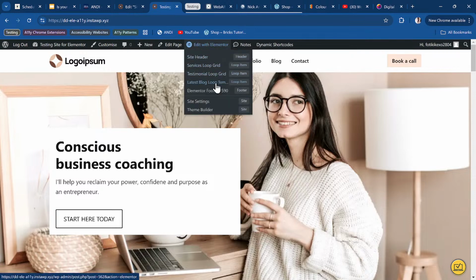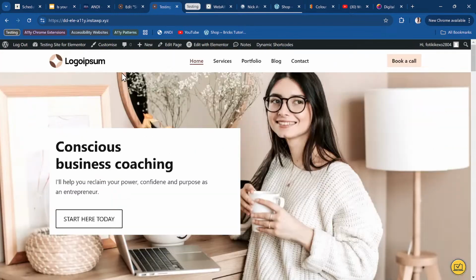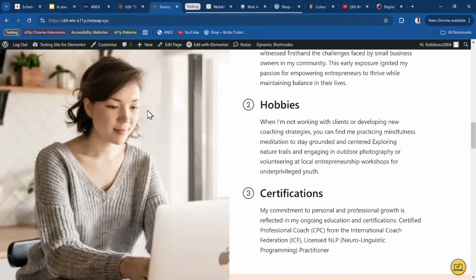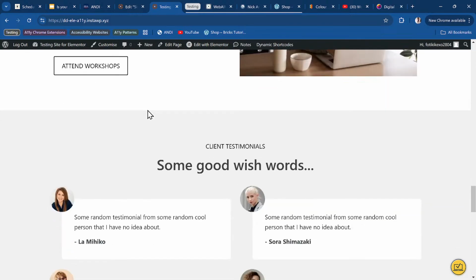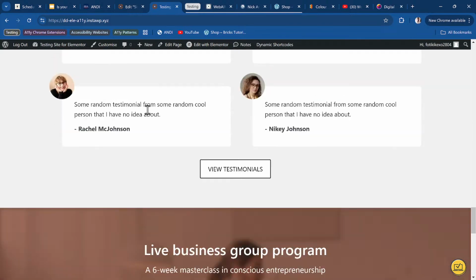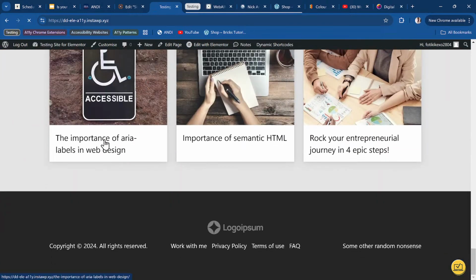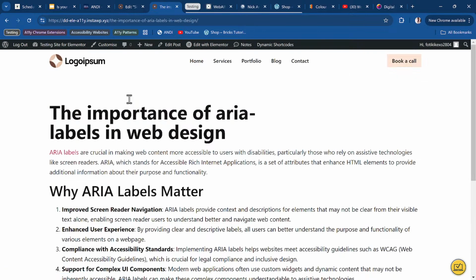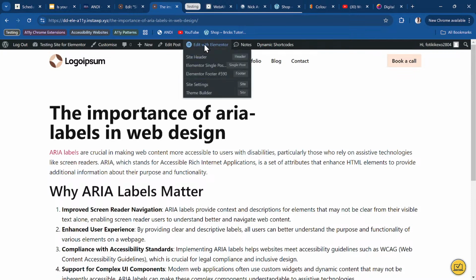Okay, no, this is just a normal page. So that one already has the header. But when you are creating your single page template, let's say, for example, let me go to a blog post. Yes, so this blog post, this is what we'll be using. So for this blog post, if you come to Elementor site single post template,